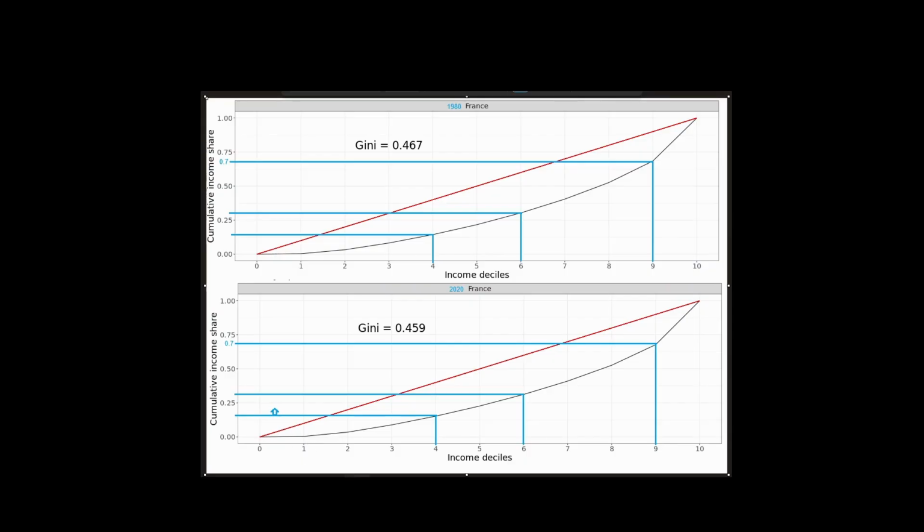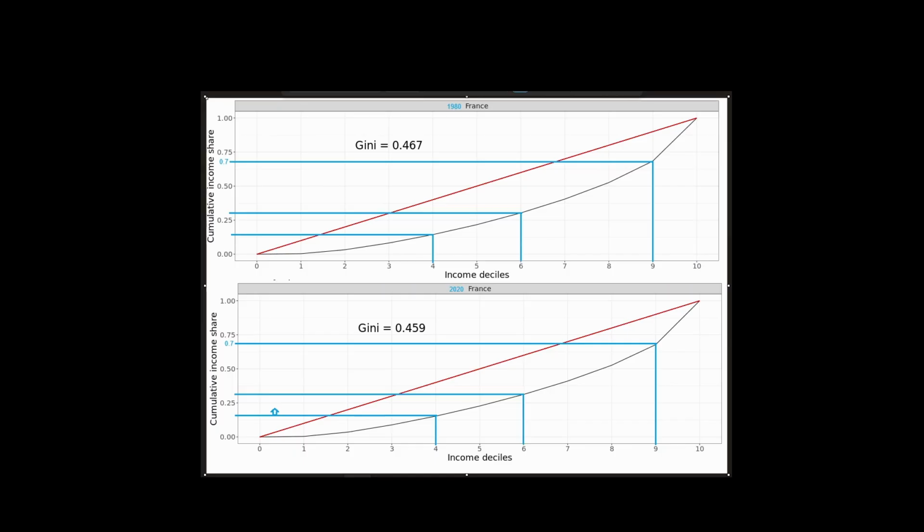That is positive social mobility, that is more engagement in the economy. Typically, we would view this as a good thing. We're becoming increasingly equal altogether. More and more people are having the opportunity to engage and participate in the modern economy in France, versus what we're witnessing in Canada and the US, which is more and more people being pushed to the bottom, pushed to the margins of the economy. So those are our Lorenz curves. That is the basic idea as to how we can read and interpret them.